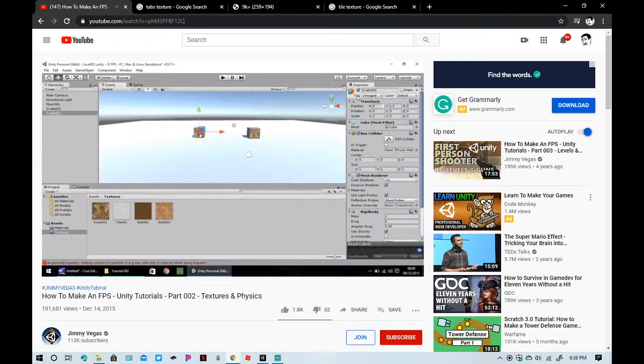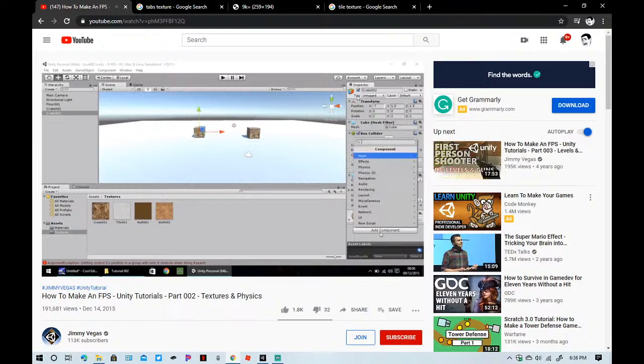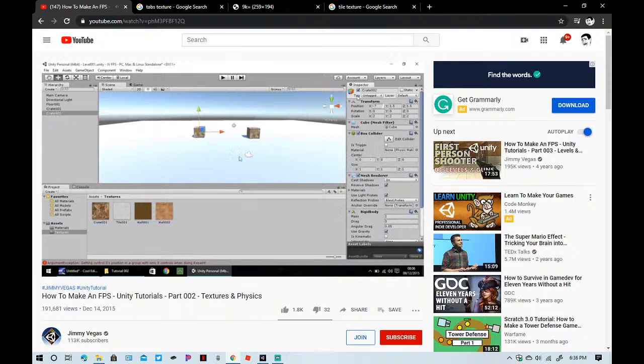Let's head to our other crate, and again, if you remember, add component, physics, rigid body. We're not going to add a rigid body to the floor because that would be at the moment kind of silly, but there are options to add physics to your floor without it going a bit funny. So if you were to add it now, it would just